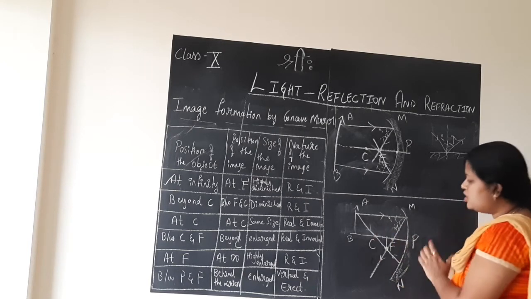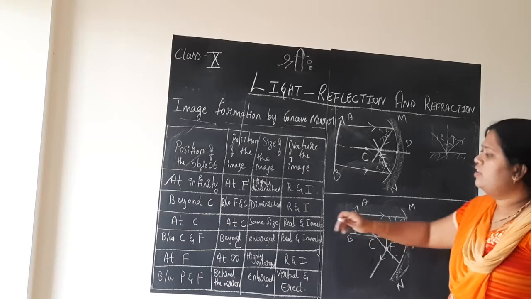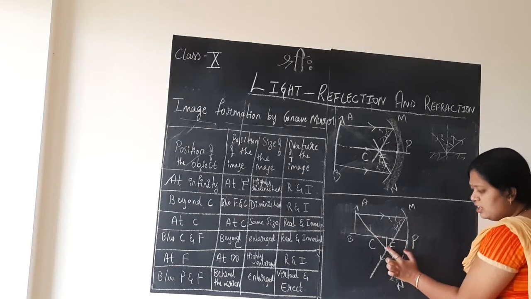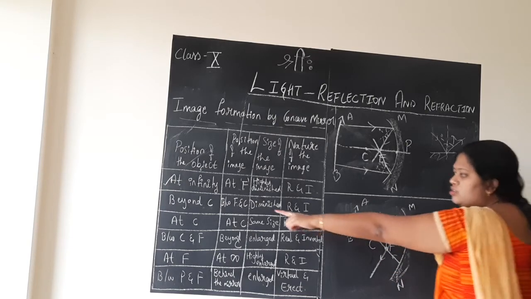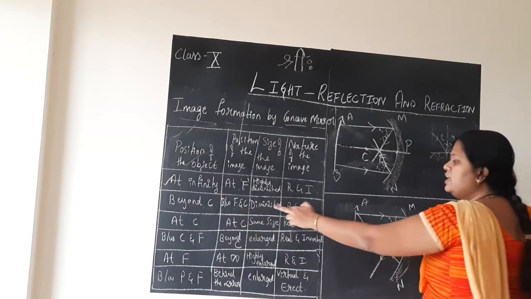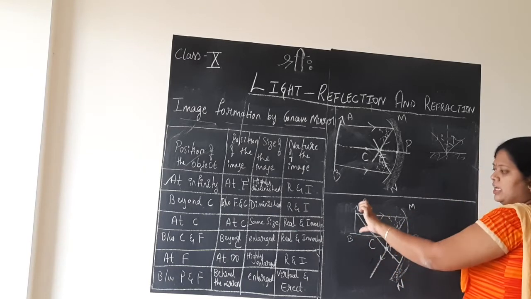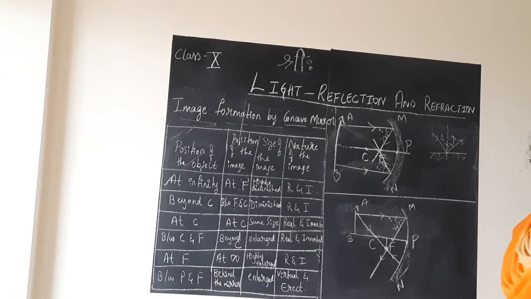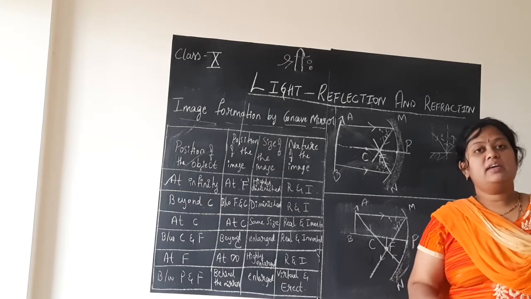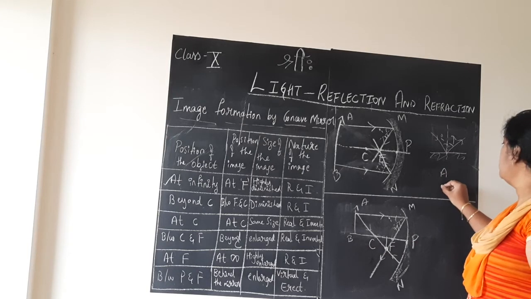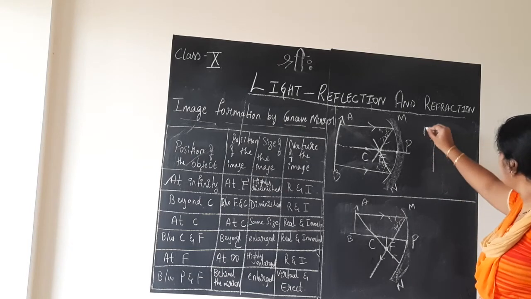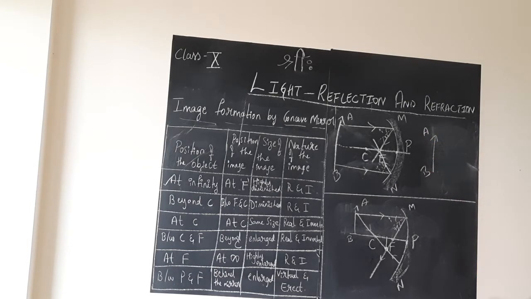So this is the image. We know when the object is placed beyond C, the image is formed between F and C, correct? So the image is formed between F and C and the image is diminished. Compare the height of object AB, and then we have to represent the image. I told you AB is the representation for the object, you cannot write BA. It should be written with the arrow head up, A B.